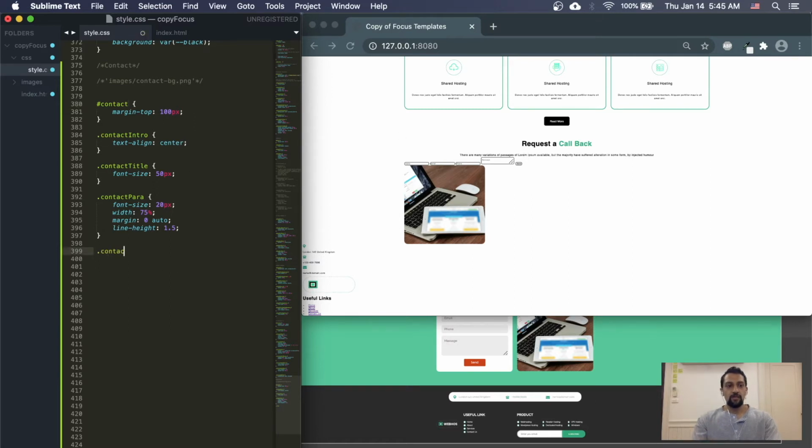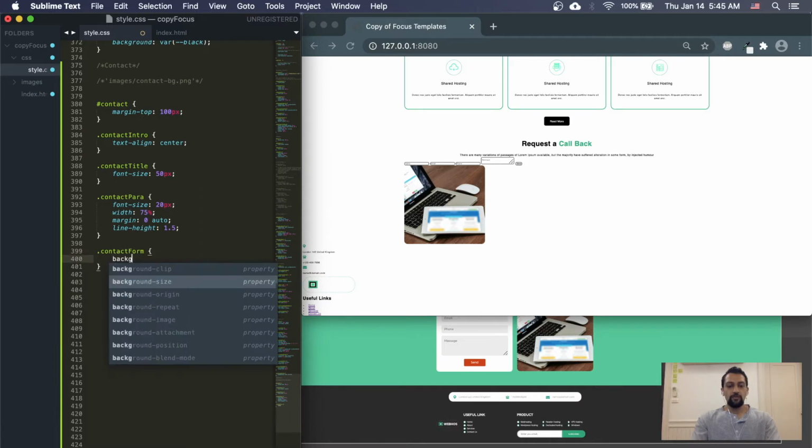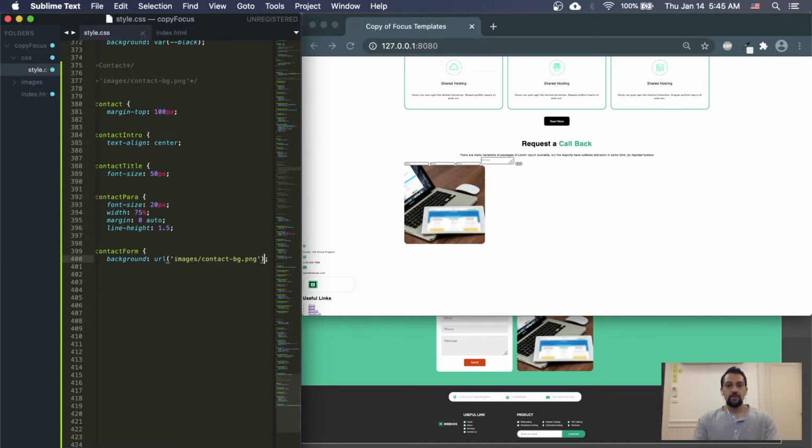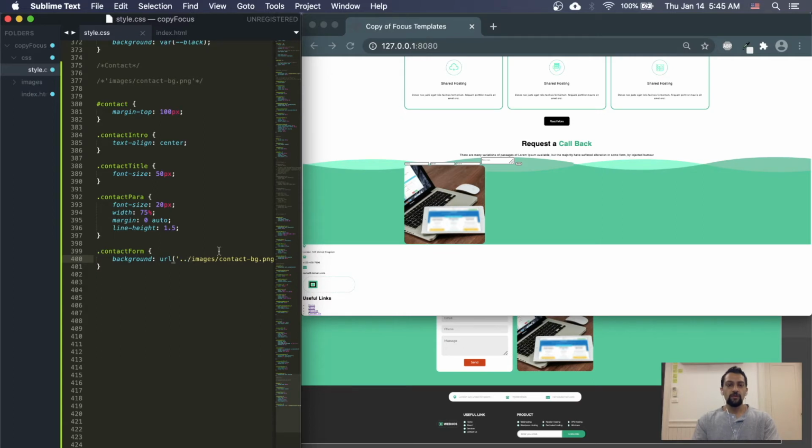Now inside my contact form section is where I'm going to put my background. And the URL is going to be this same URL from here. Copy that, paste that in there, and voila, we'll see what happens. Oh, I did forget my location. So if you're wondering why we need to add the dot slash, it's because this is inside style.css